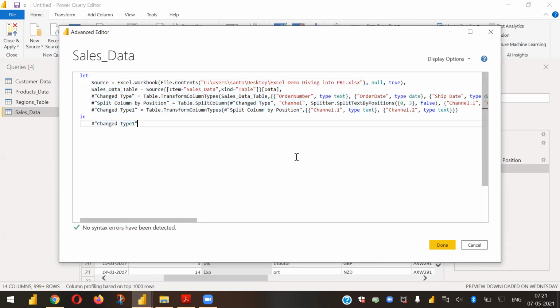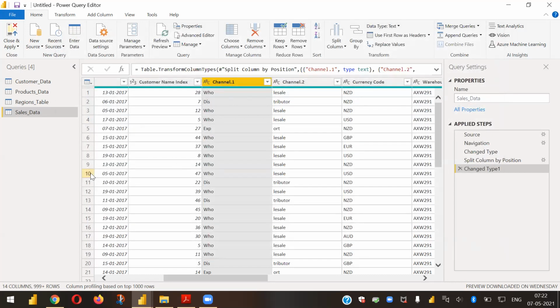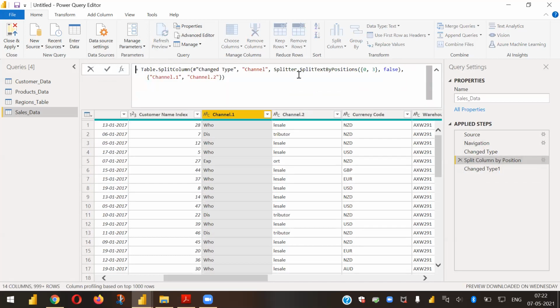You need not worry about this syntax or understanding this much. A basic idea would be fair enough. I just wanted you to observe how the Power Query editor works behind the scenes. You won't be writing a script; you'll just do some activity here, and it will be recorded in M query format. When you click on the fourth step, you can see here in the formula bar the same M query that I showed you. This is just for understanding.